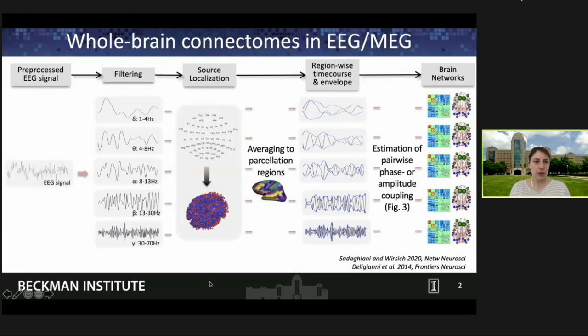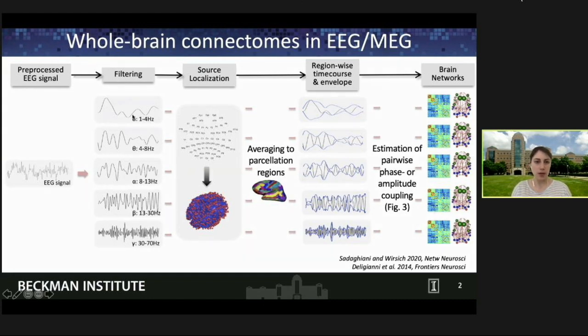This is an overview of one possible pipeline that you would use if you have surface-based EEG or MEG data. You would start with the pre-processed signal here to the left. And then typically, you might want to break it down into different oscillation bands, although some studies use very broadband signals without filtering them. If you want to break your signal down into different oscillations, you have the option to